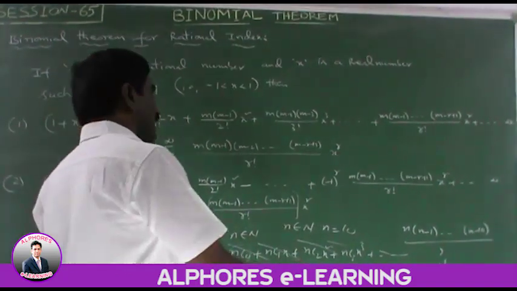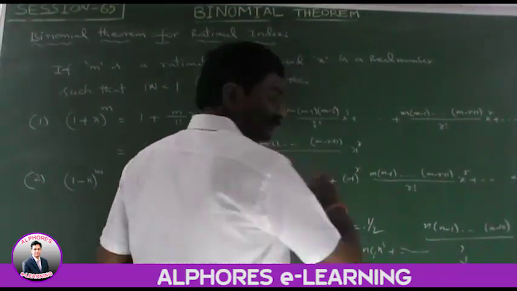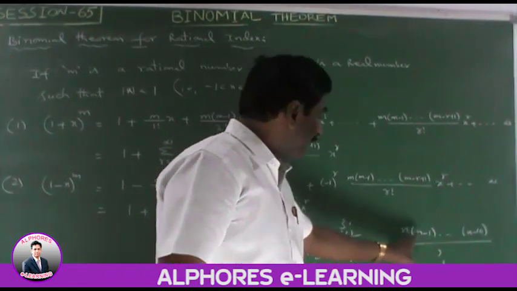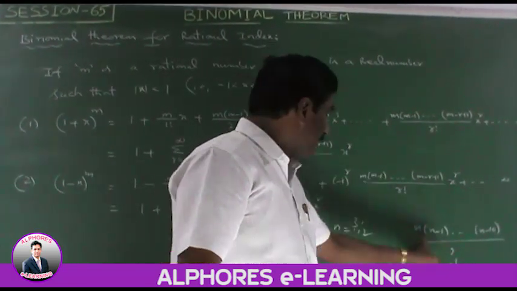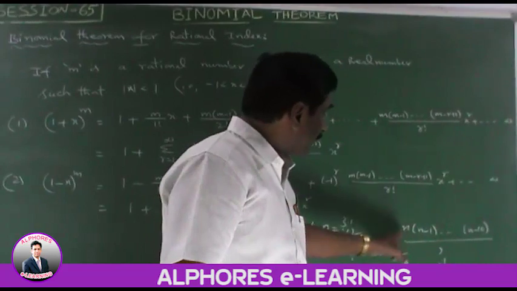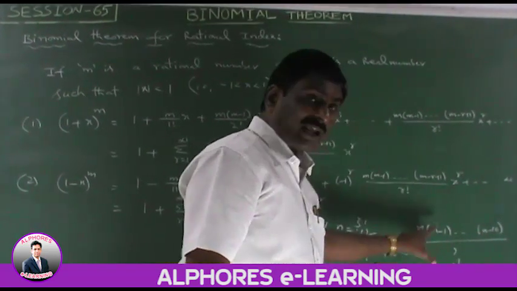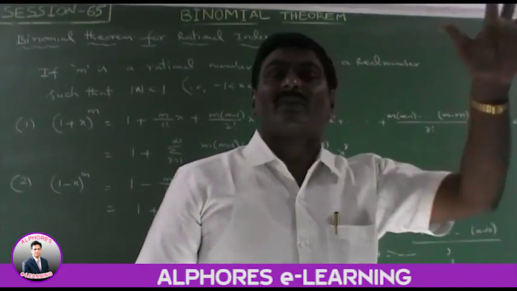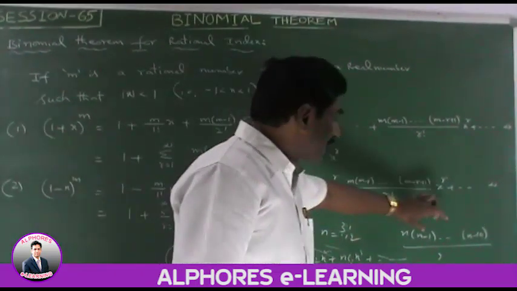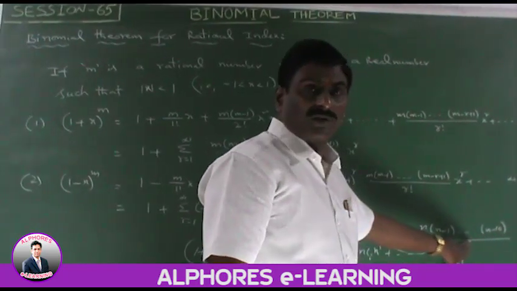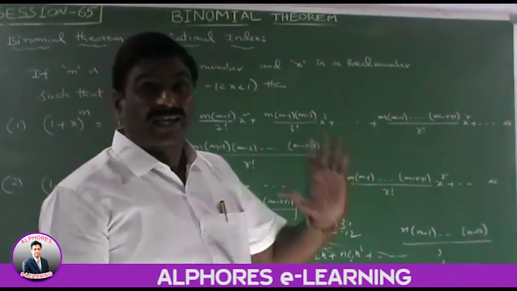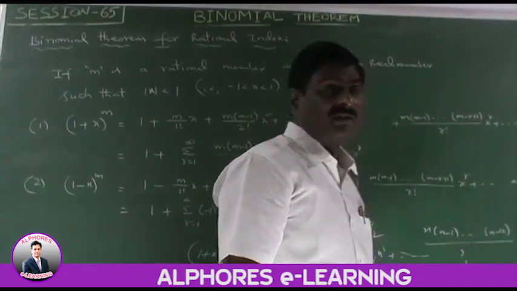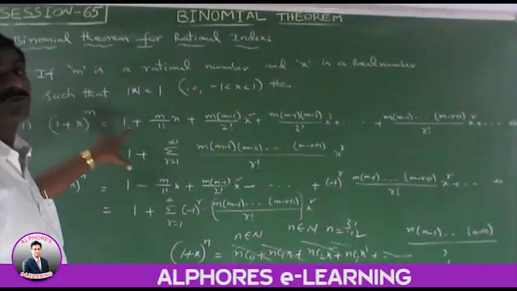But if m is a rational number, say the value is 1/2 or 3/2, any value. What is the value? 3/2, 3/2 − 1, 3/2 − 2. It will never be 0. m, m−1, m−2, and so on, m−r, no value of that is 0. So all of these are not equal to 0, so all the terms have some finite values. So this goes up to infinite terms. In this result, the number of terms in this expansion is infinite.